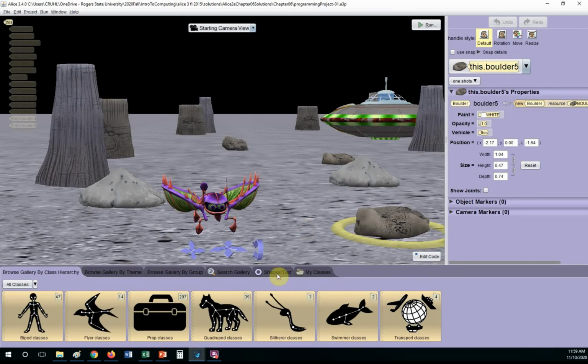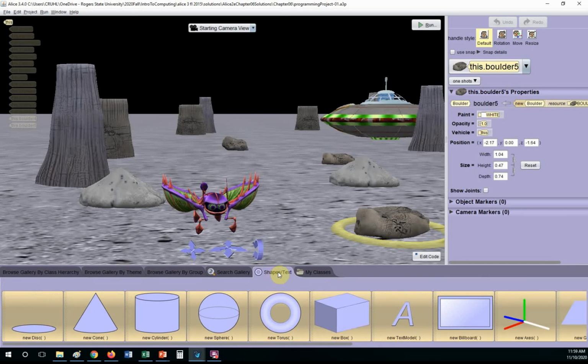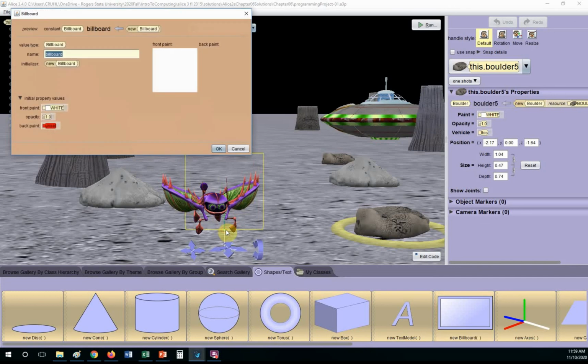Now, billboards are found in the Shapes Text tab. Right over here, here's a new billboard. I'm going to pull it up here. And I get this dialog. We're going to call it billboard, that's fine. And what we've got is a front paint and back paint. And over here, I've got front paint, and down here I've got back paint. So on the front paint,